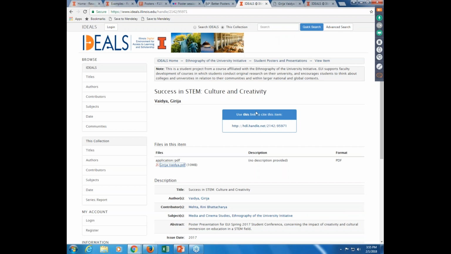And you get a permanent URL, which is useful to put on your website or your CV or whatever as well. That way you don't have to worry about maintaining it if you're changing websites; it will always be there, and you could always have that link to it. You can put other research there as well, papers, that sort of thing. I encourage our staff to do that, but I'm the only one who does. Also, stuff that goes in here is typically open access. If you have something that needs to be restricted, you could do that as well. But another benefit is it makes it more widely available to everyone.